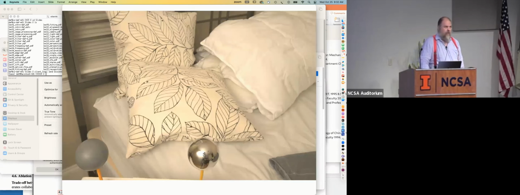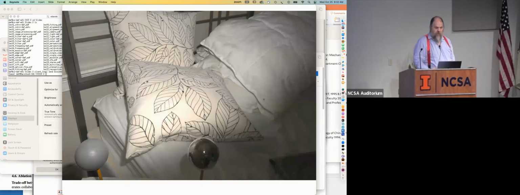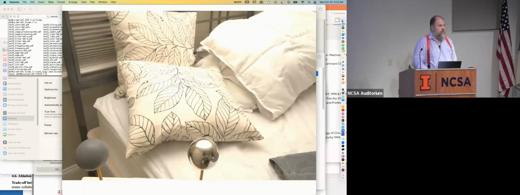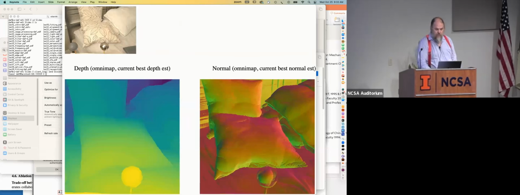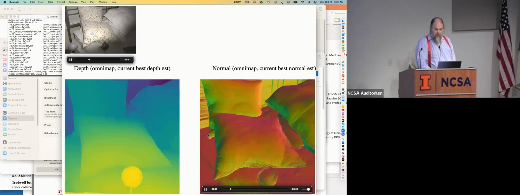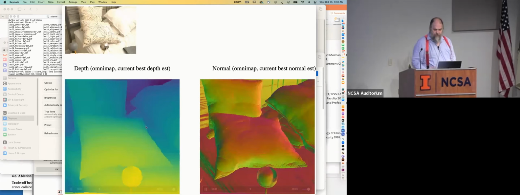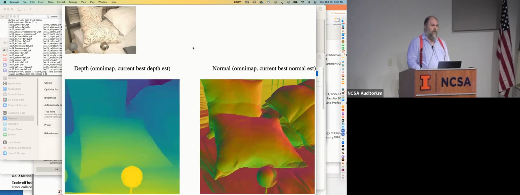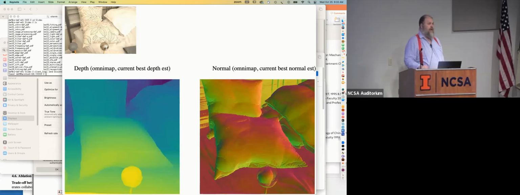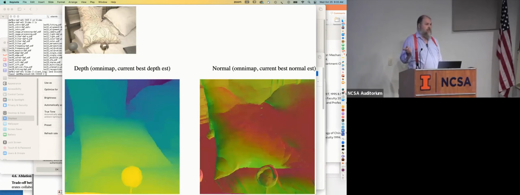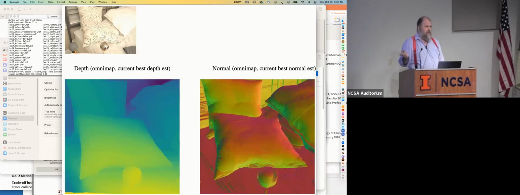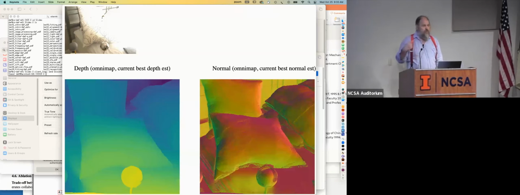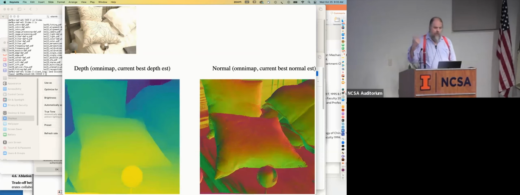Now, I'm going to show you a horror movie, really nasty movie, adult audiences only kind of thing. Watch here. Same scene, the lighting is changing. So what we're then going to do is stick that scene into a depth estimator and a normal estimator. And you will notice the appalling outcome, right? The normals and the depths change when the lighting changes. But that has to be wrong. We know that changing the light can't change all this stuff. So if you're going to report this stuff, it should be the same each time. And our current technologies simply can't deal with that.